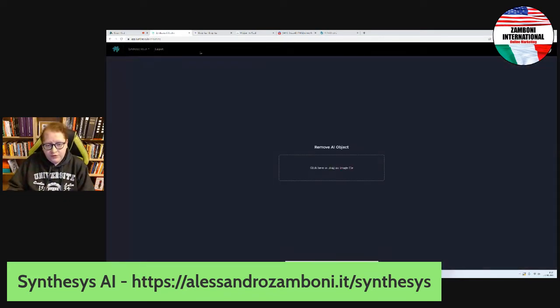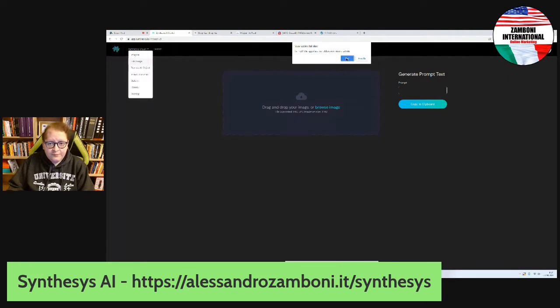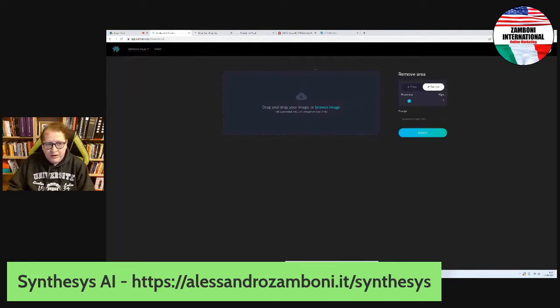This is to remove the object, but you have to load the image, and if you load the upscaled one, it says it's too big, so it's pretty useless. Image to prompt, instead, you can load an image, but the problem is the maximum size is 3 megabytes, and you will get the prompt. To get 3 megabytes, you have to compress the image you download because they go over the 3 megabytes. So another bad point. The good point instead is that you can edit the image. You drag them over, but even in this case, we get 3 megabytes maximum.